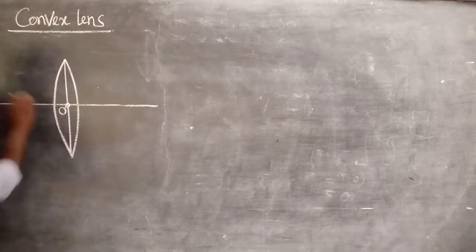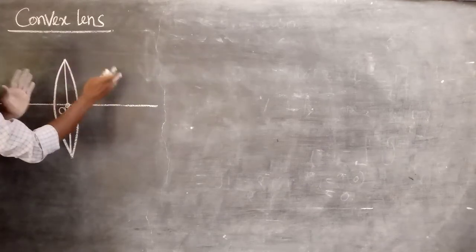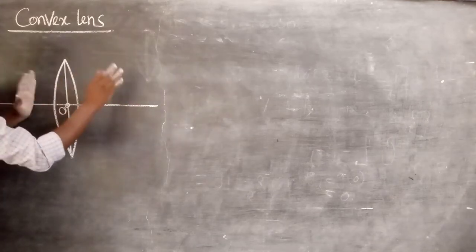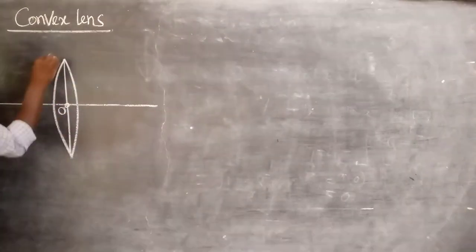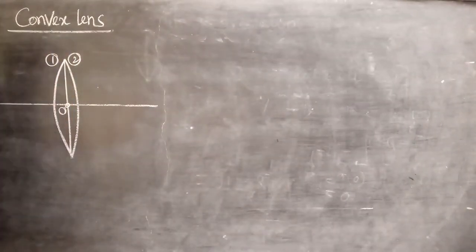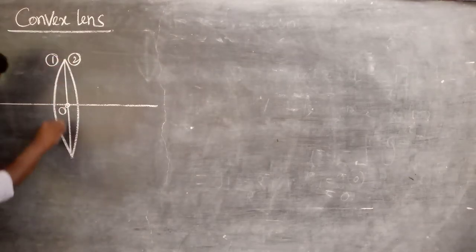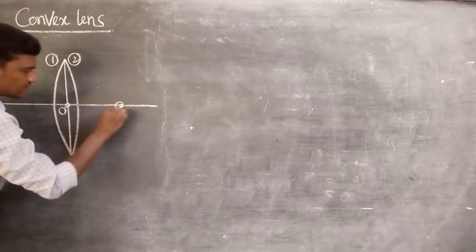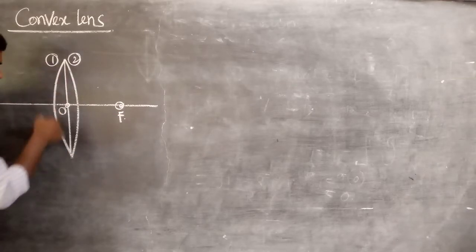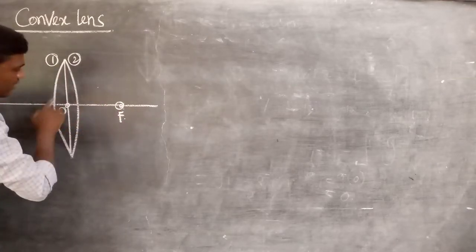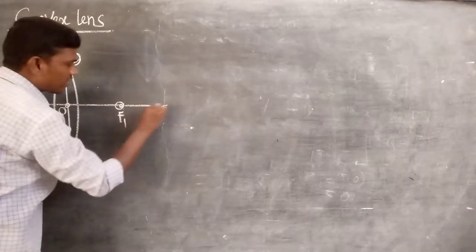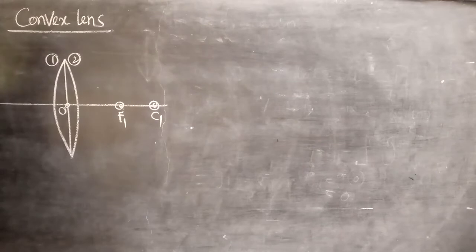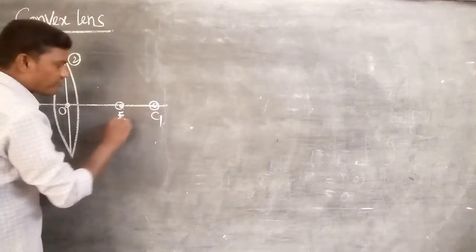This is the first one from left to right, because on the blackboard, when you write anything, you always move from left to right. That's why it is the first one. It is the second refracting surface. So in case of convex, the principal focus for the first refracting surface is on this side, that is F1, and C1 is the center of curvature, because every spherical or curved surface has its own center of the sphere or center of curvature. F1, C1.